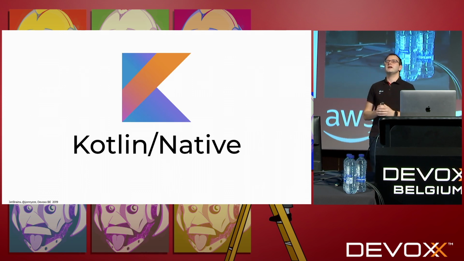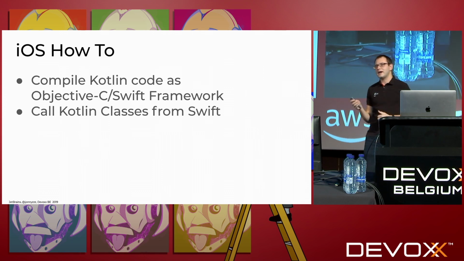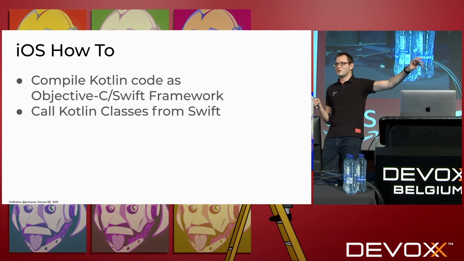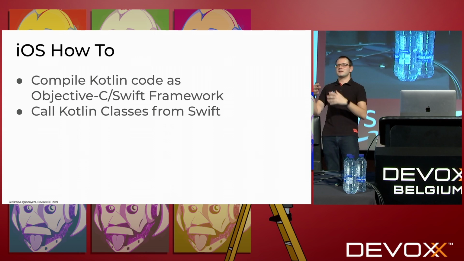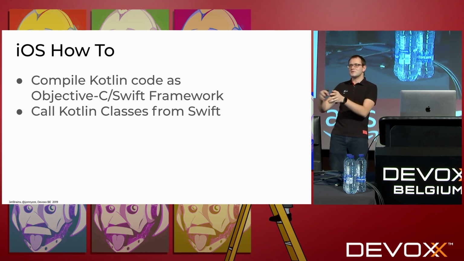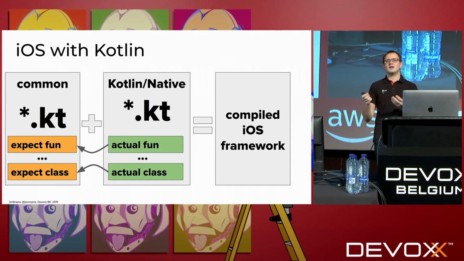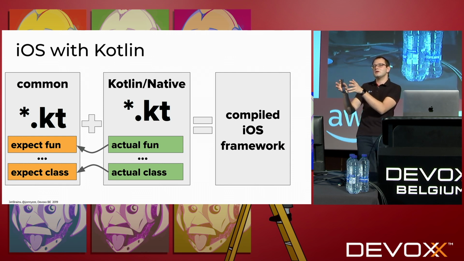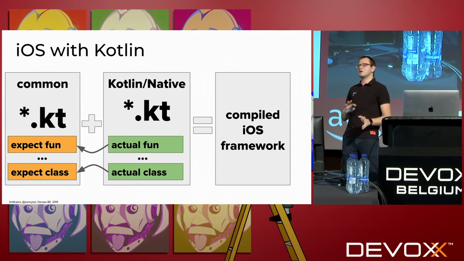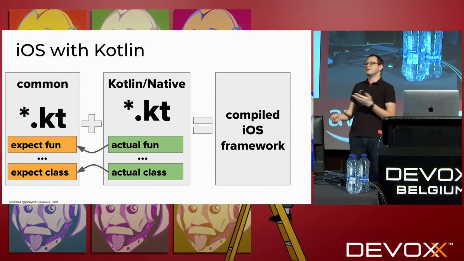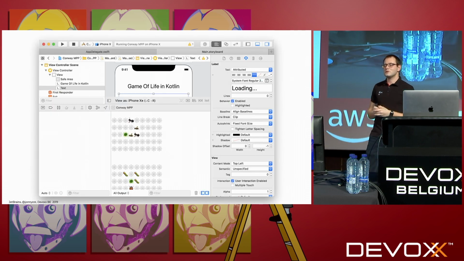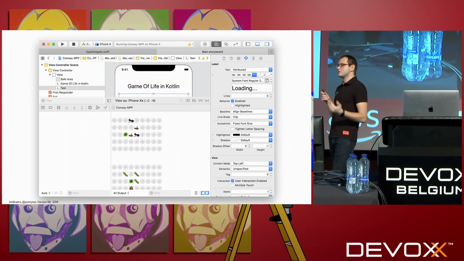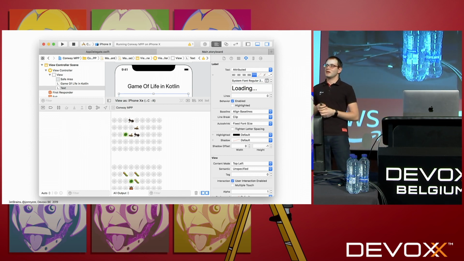I use Kotlin Native again. And the fact is that I compile my Kotlin code, actually the same code snippet from the very beginning, as a framework, and I include this framework into Xcode. This is about it. So the picture could be like this: you have the common part, and you have the specific iOS part. In my case, I created a tiny wrapper in Kotlin. This is a framework, and you can give it to someone who knows how to deal with iOS, and you're done. Well, it turns out that the Xcode console is really good at rendering the Unicode symbols, again.